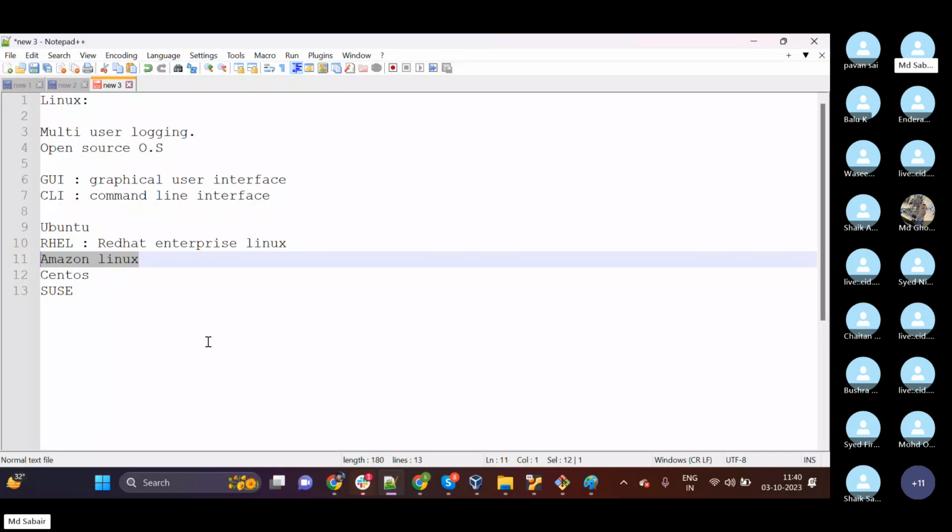Understood now? Why are all the commands working in these operating systems? Why are the commands the same? Because they are using the same kernel. Everyone's base kernel is the same, and they have customized it as per their requirements.